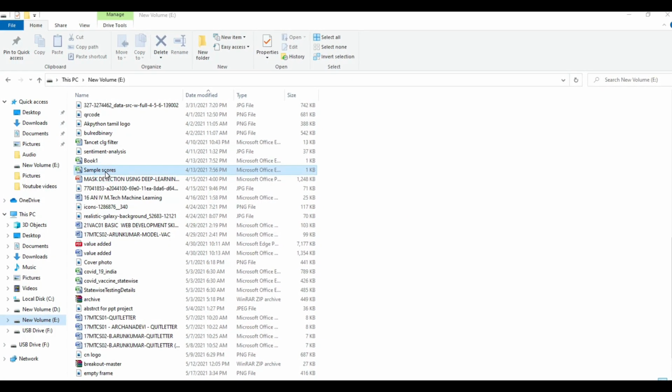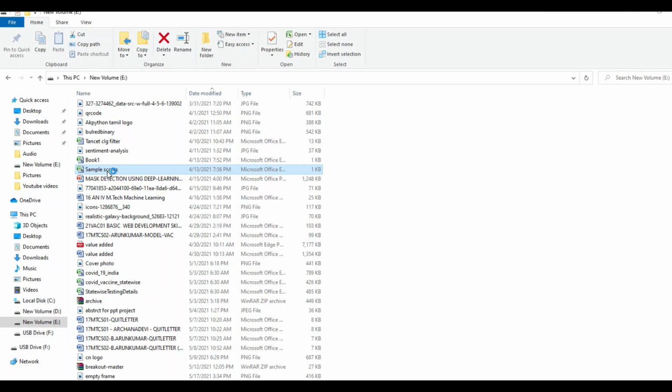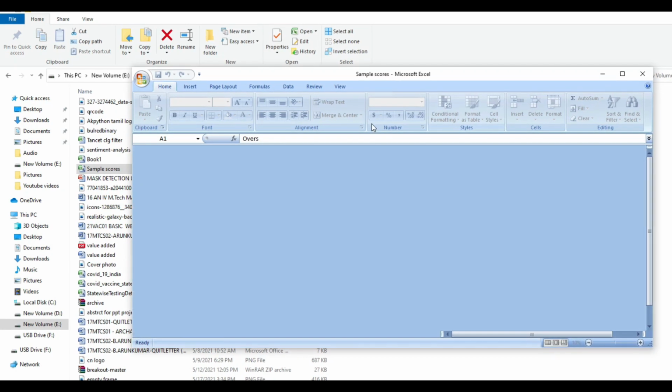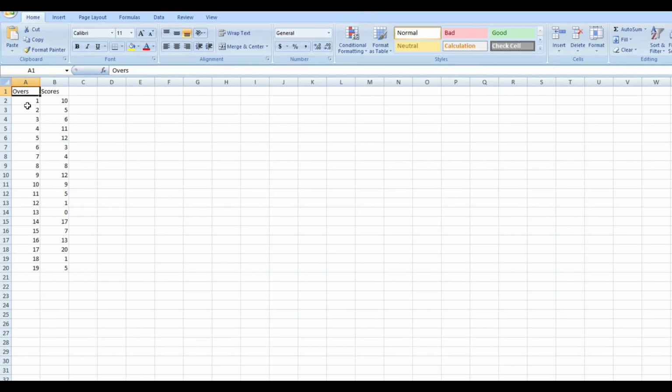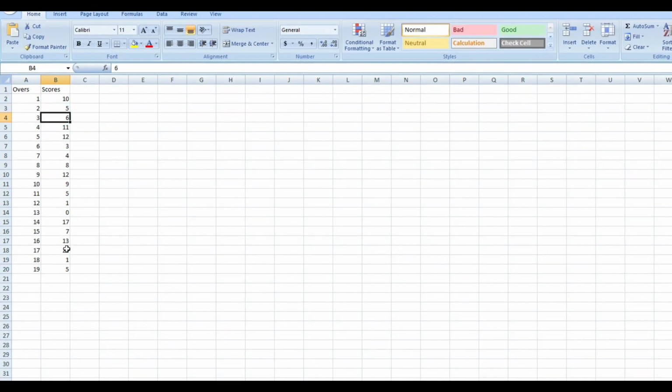I want to show you the dataset before we enter into this project. Once you see this project, you can easily understand what we are going to do and what outputs we can expect from this dataset. Now look at my dataset. In this dataset, I have 20 columns which represent how many runs are scored in each over. Actually, this is an unlabeled data.